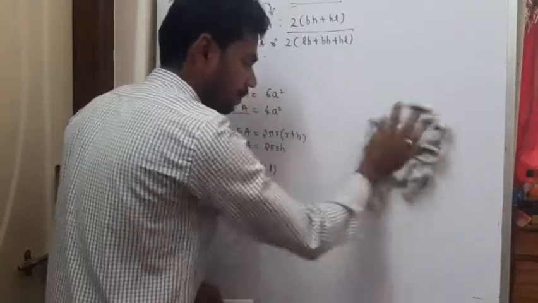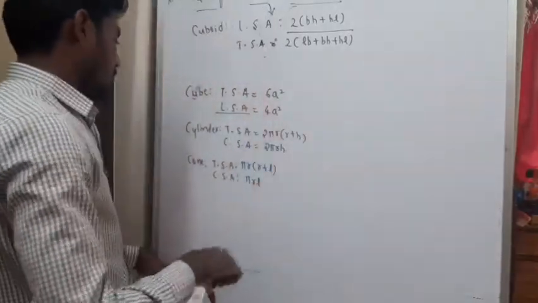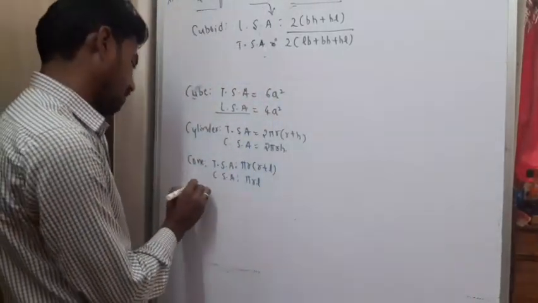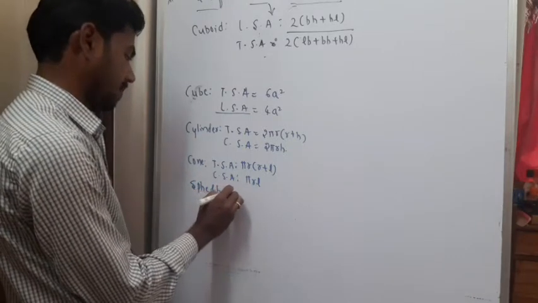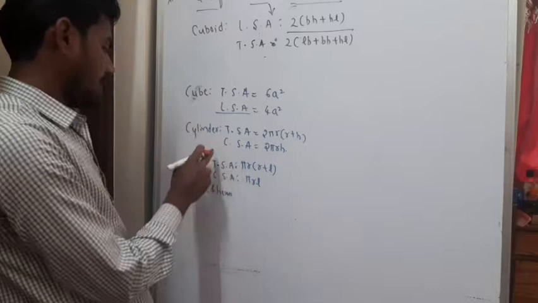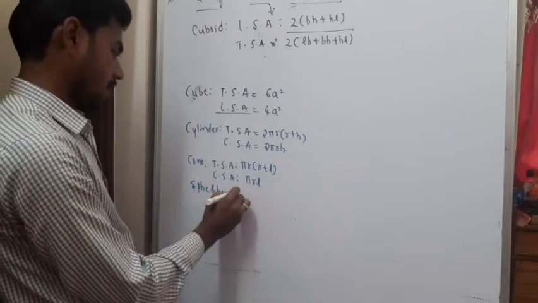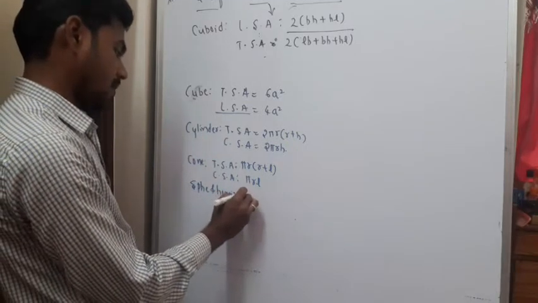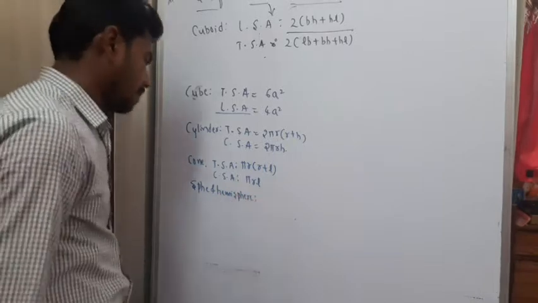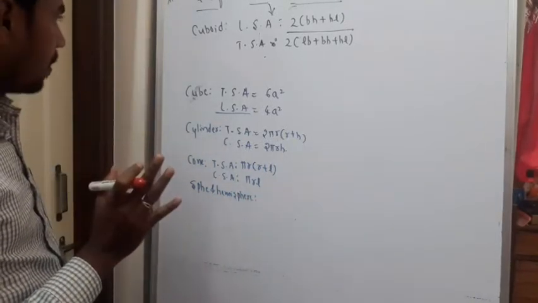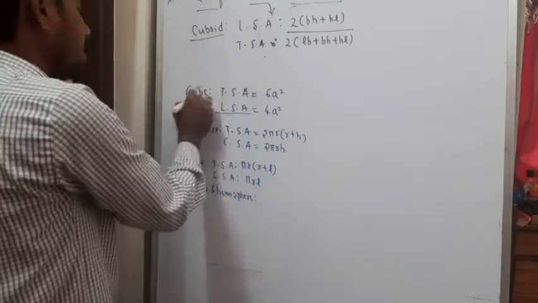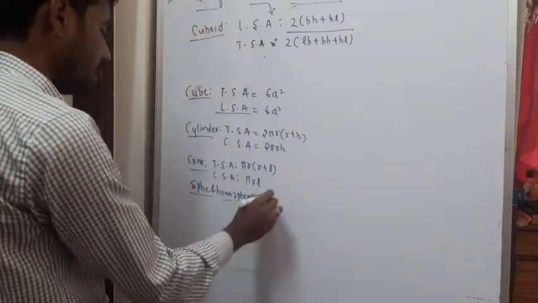Next is sphere and hemisphere. Cube, cylinder, cone, sphere, hemisphere. So did we miss anything? Cube, right? Cylinder, okay, cuboid. 1, 2, 3, 4, 5, 6. Sphere